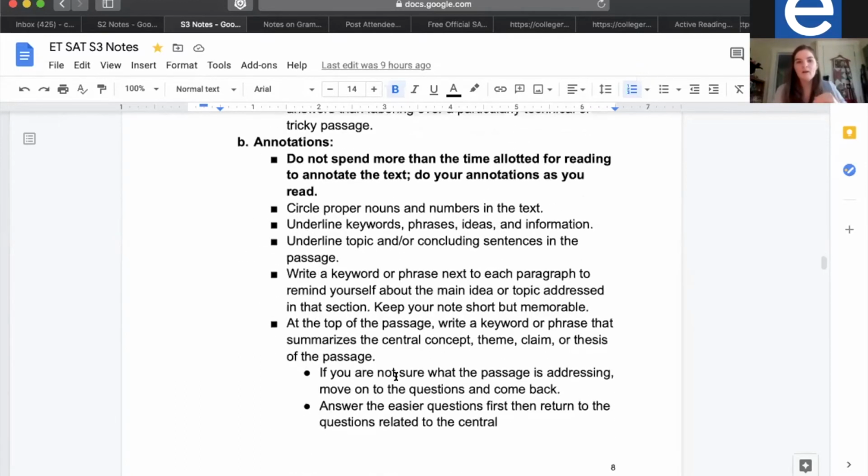All right, so now I want to get into the annotations. Step one: once you've done your reading, or while you're doing your reading, you're annotating. I'm going to go through what I mean by annotating. You should not be spending more than the time allotted for reading to annotate the text. So in that 5 minutes that you have to read,